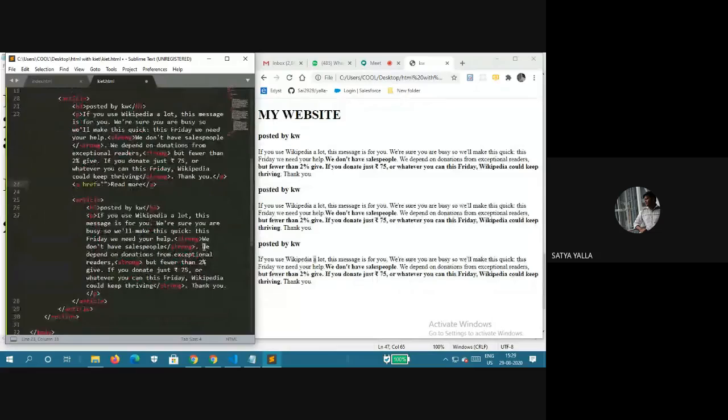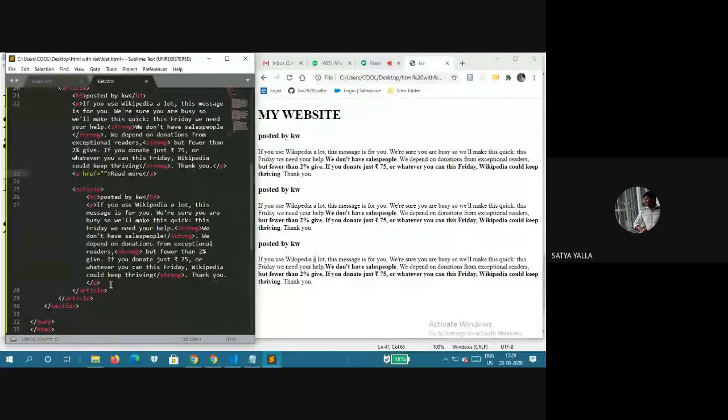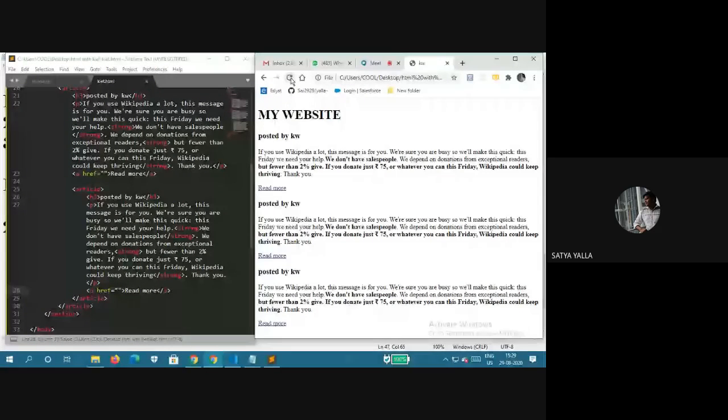Read more, and here also the same tag. It's given as a link, but here we have to type it, and it will not take us anywhere, because we did not mention anything here to go. Suppose we mention something here like